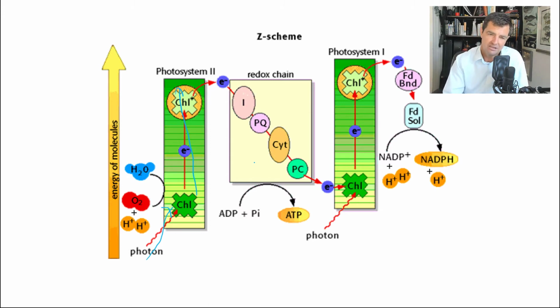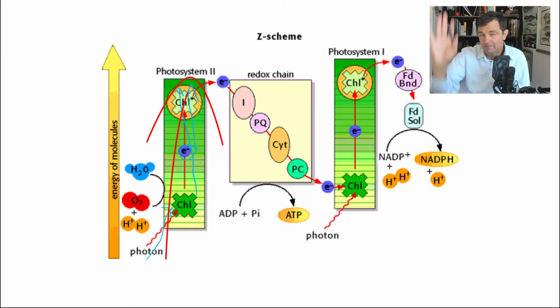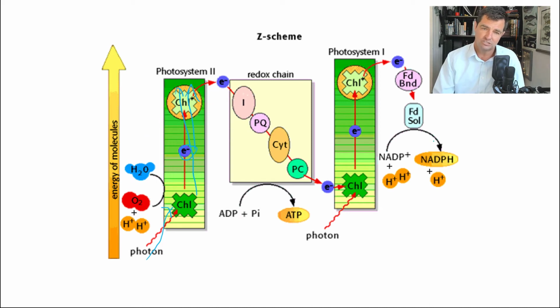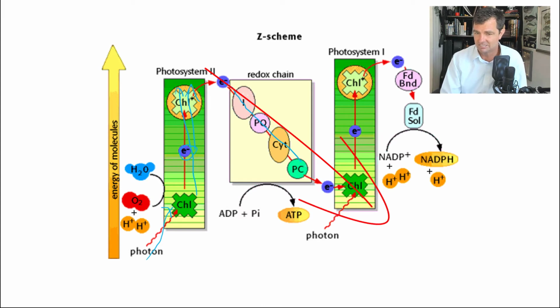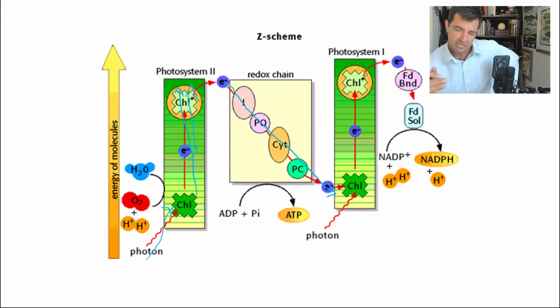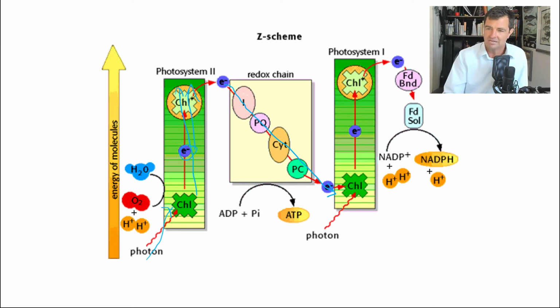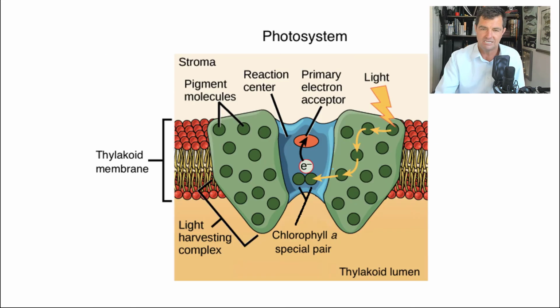So the light pushes, if you will, this electron up to a high energy state, and then if we use the gravity analogy, which again is not really happening here, but visually I think it helps, we're passing it down a series of proteins, kind of like stairs, and each little step is a different protein that releases a little bit of that energy, in that case to pump hydrogen ions, and we make ATP. But again, our goal there is to really make NADPH.